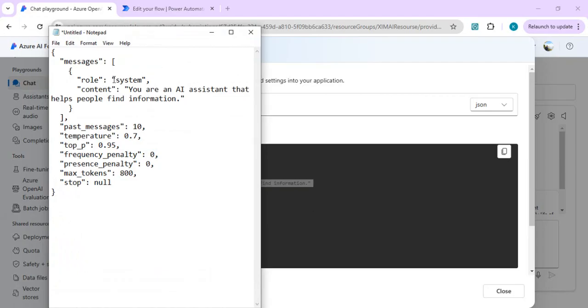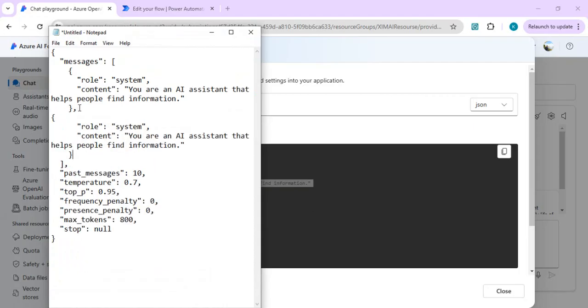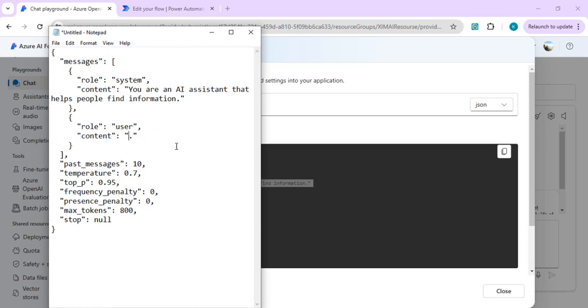Right now its role is system. We'll just copy the same set to specify the role as user. So what user query are we going to pass to this LLM request? This role would be over here, I'll just change that to user, and for sample I'm just going to pass this query: